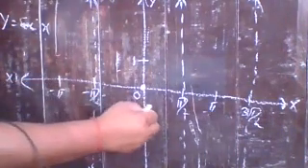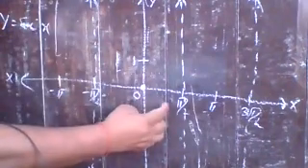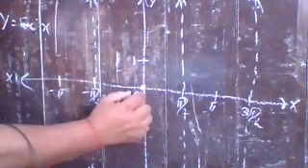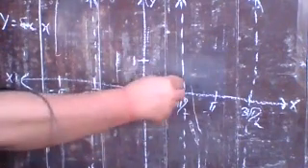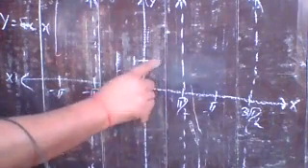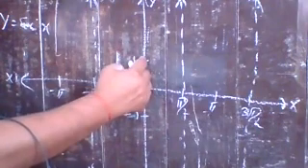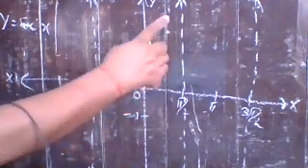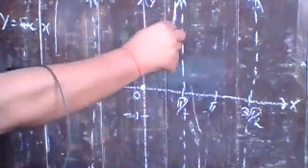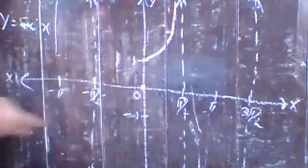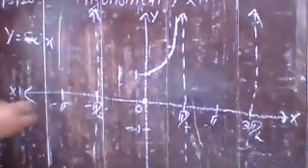Now, just see the behavior of the values of sec in the first quadrant, meaning 0 to pi by 2. At x is equal to 0, the value of sec is 1, and at pi by 2, it is infinite. What does it mean? It starts from 1 and increases up to infinity in the first quadrant. So you can draw its curve like that. In this way, you can draw its curve.